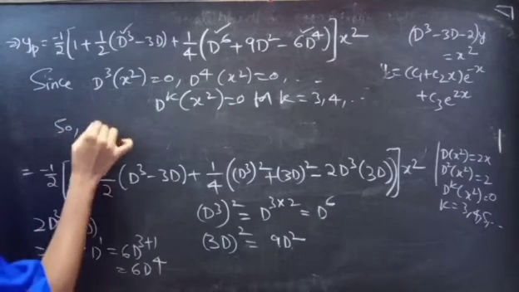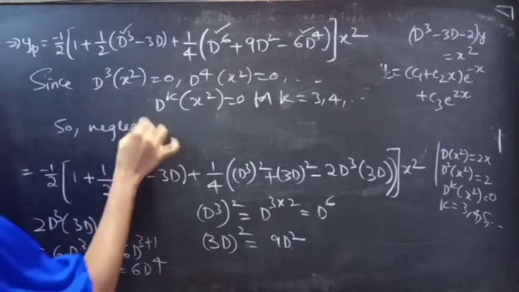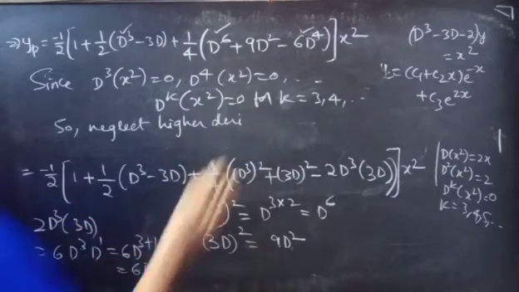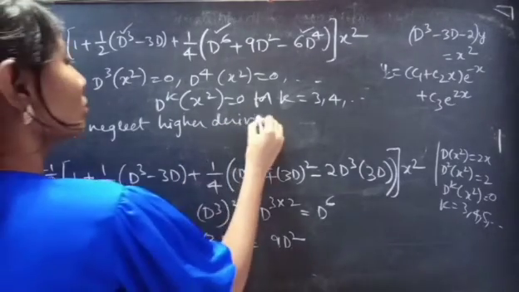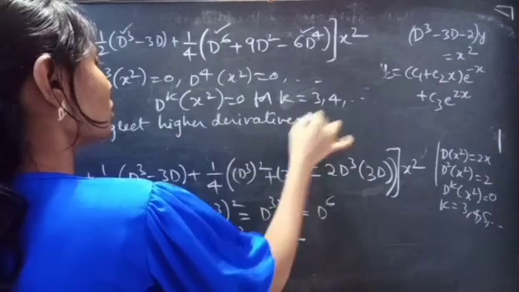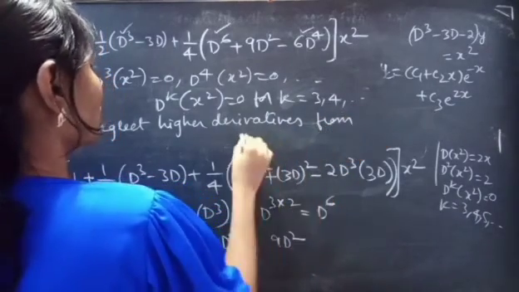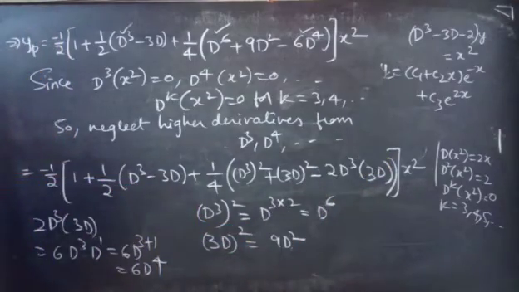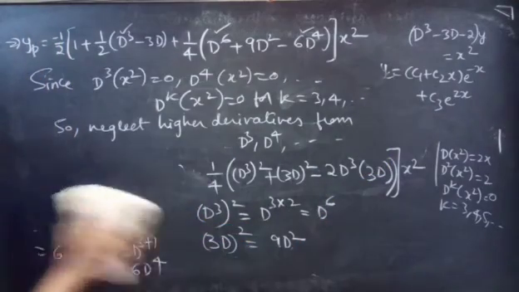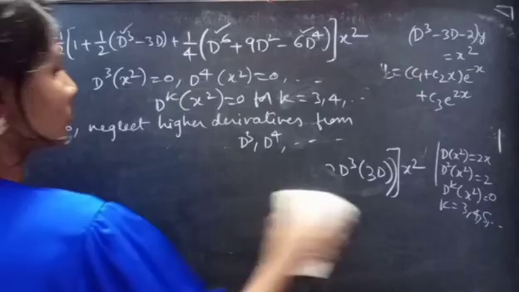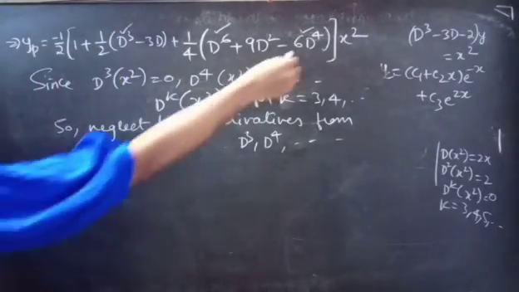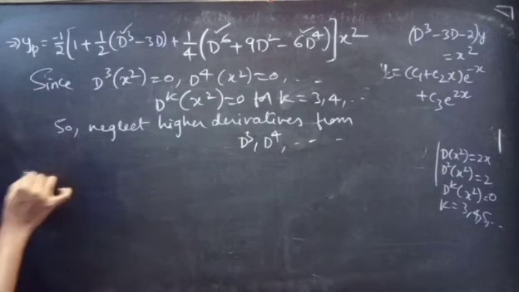So neglect higher derivatives from d cube, d power 4 and so on. We are going to neglect d cube, d power 6 and d power 4. Then yp becomes